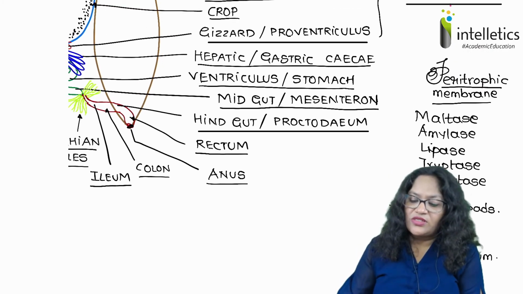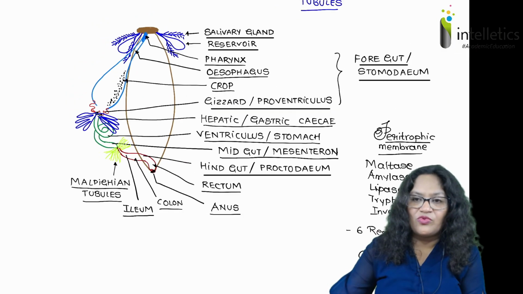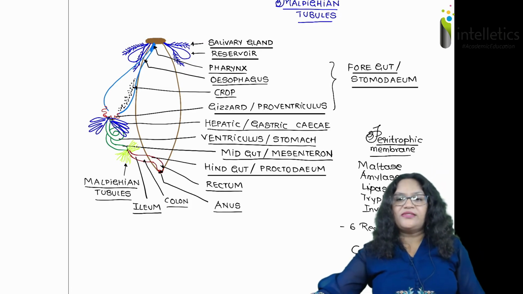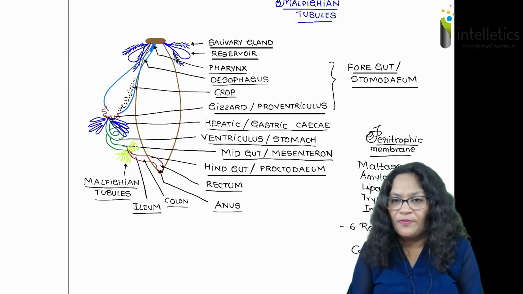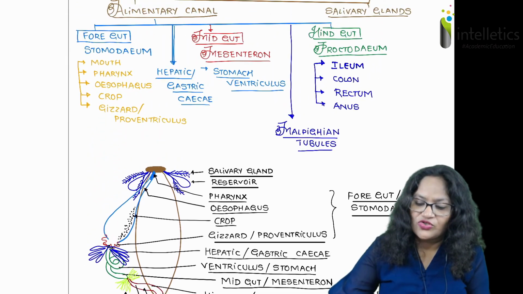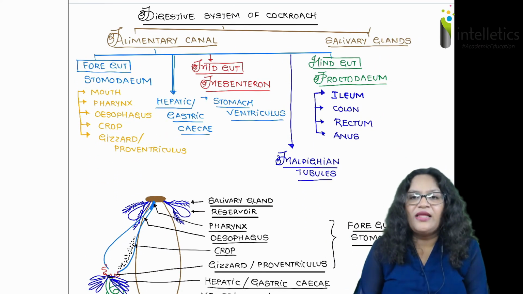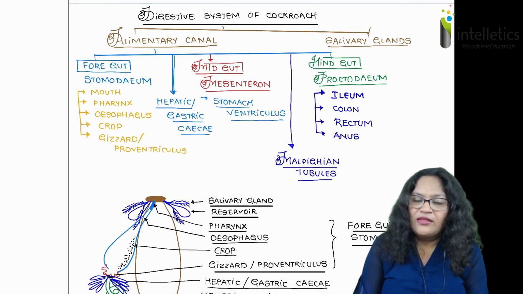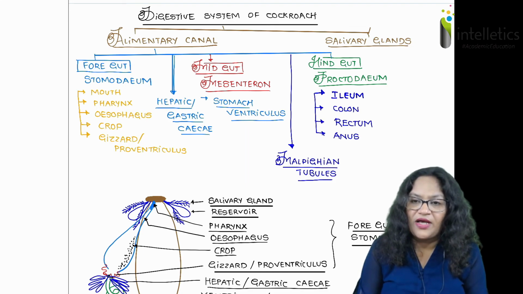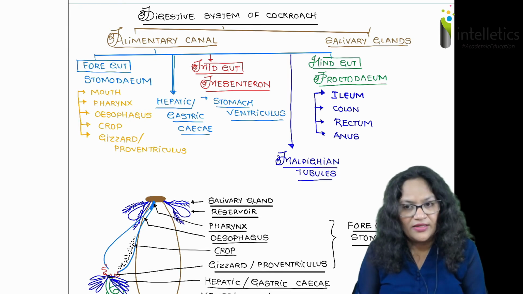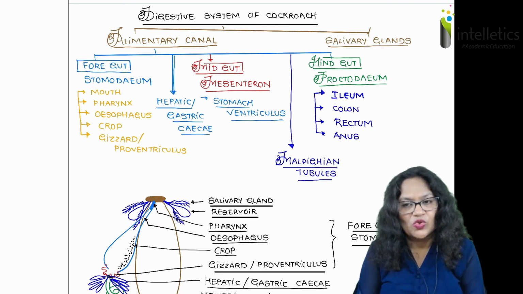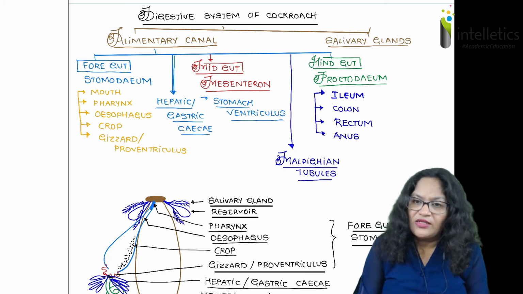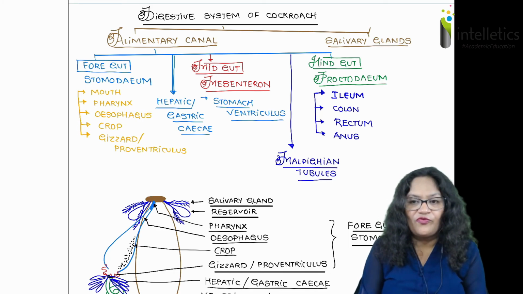Okay, so this is the digestive system of the cockroach. I shall revise it quickly. The digestive system of the cockroach is made up of two main parts: the alimentary canal, I shall show it to you here, and the salivary glands. The alimentary canal is further made up of three parts: the foregut, the midgut, and the hindgut. Foregut, also called the stomodeum, consists of the mouth, pharynx, esophagus, crop, and gizzard, which is also called the proventriculus. Then it is followed by the midgut, but at the junction of the foregut and the midgut, we